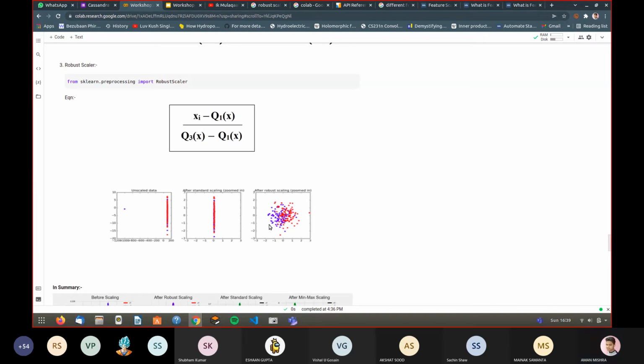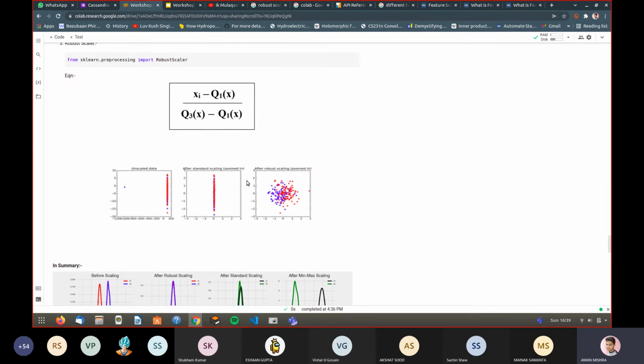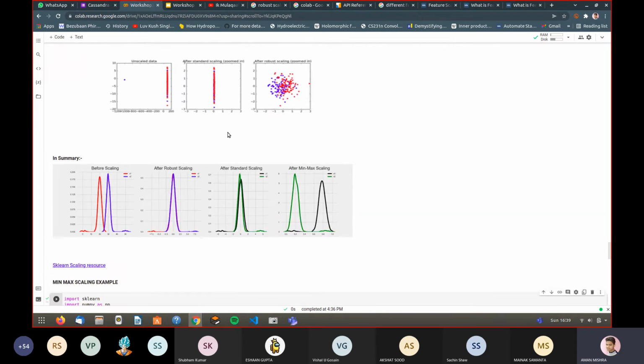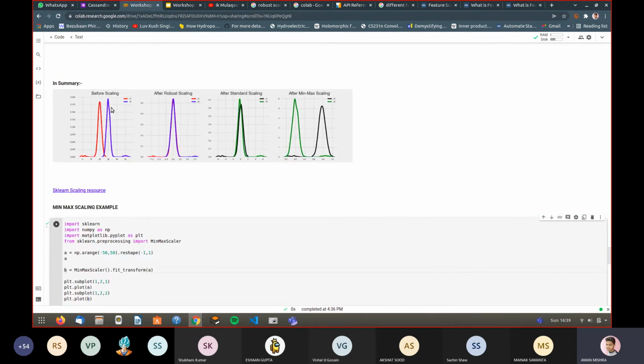So sometimes non-linear scaling will affect your data set more, and sometimes it is what you need for your data. So in summary, this is before scaling. After the robust scaler, you will see a smooth, similar scaling.